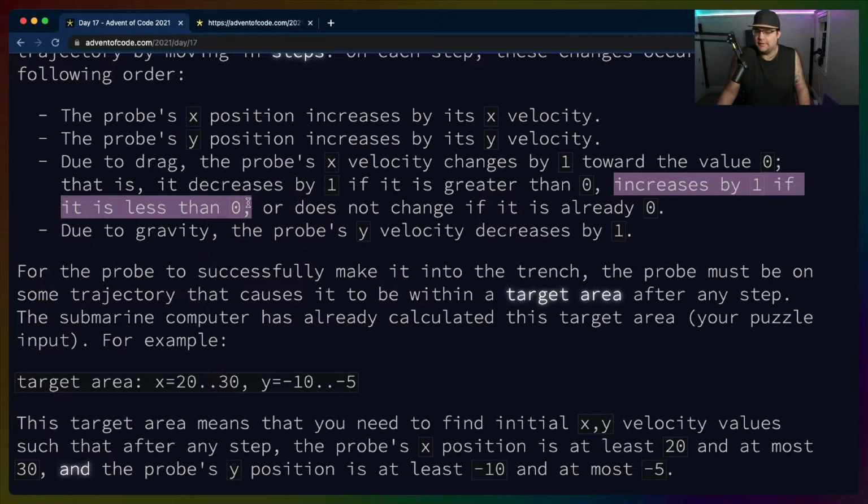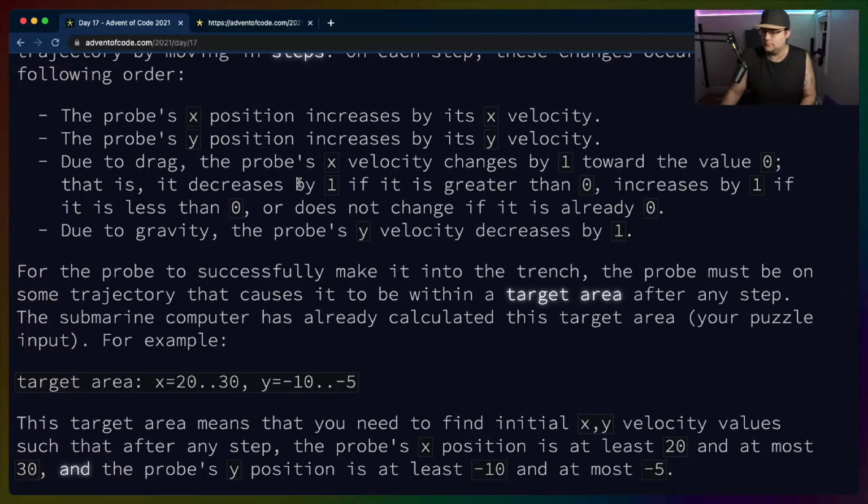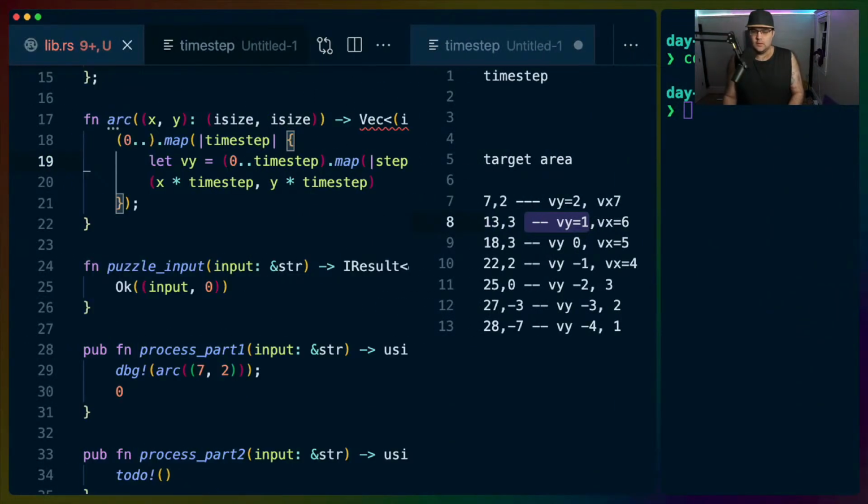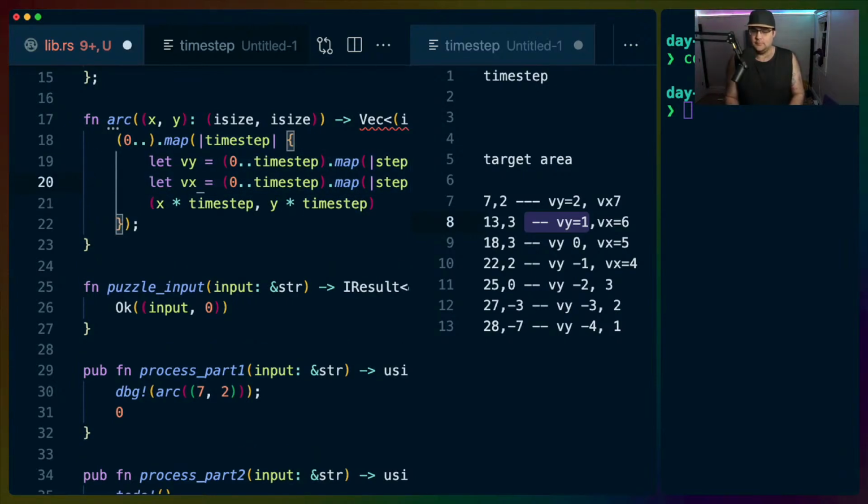Increases by 1 if it is less than 0. So we do kind of the same thing, but